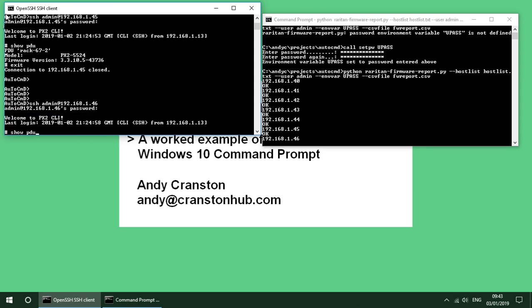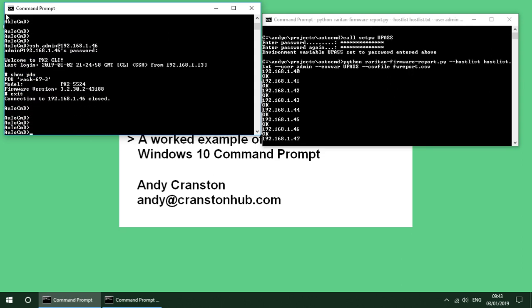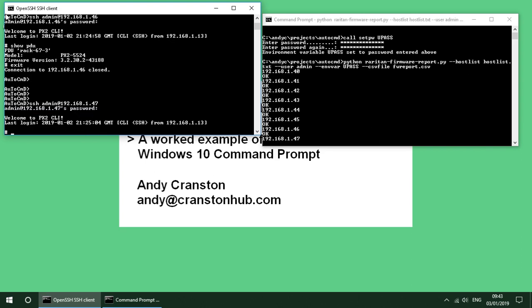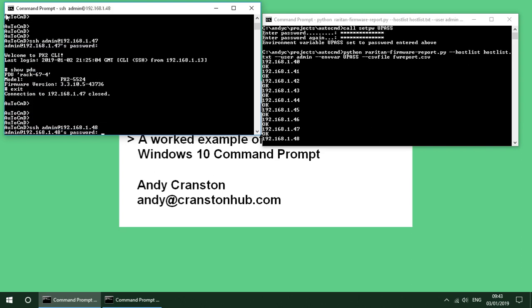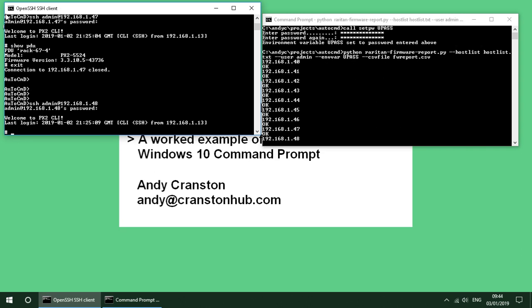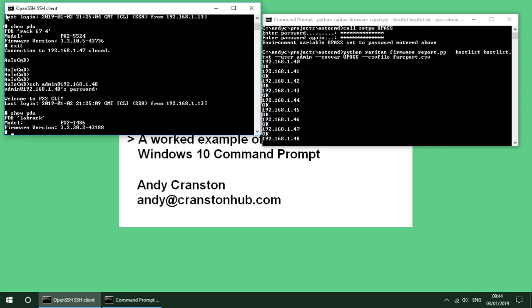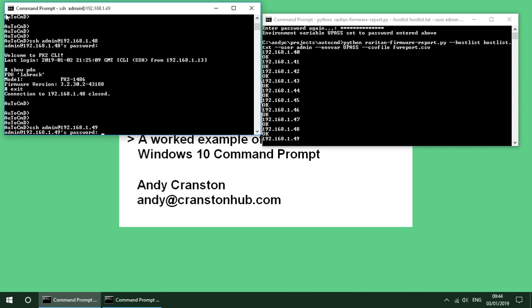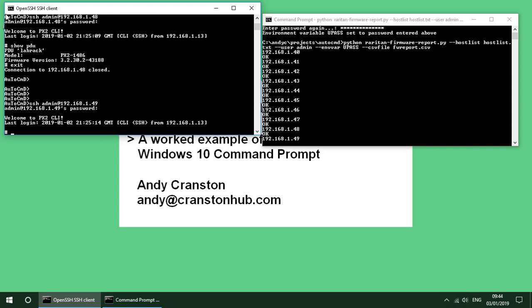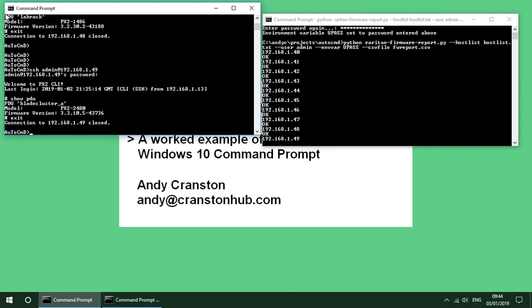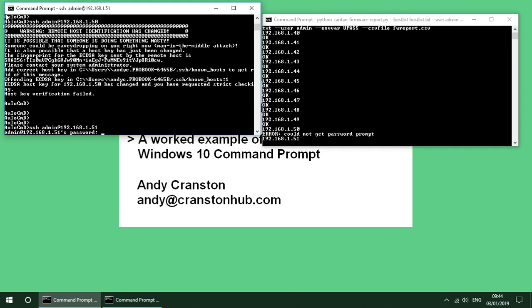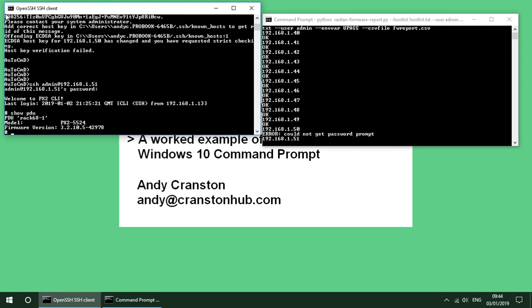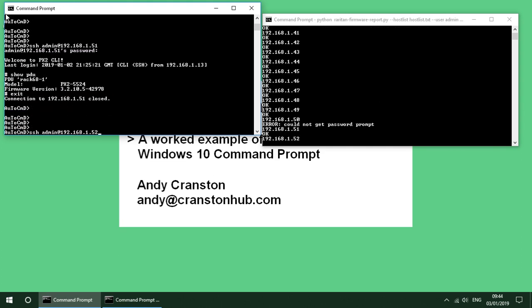Now we've got 20 of these to do, which gives me an opportunity to say, why is a firmware level report useful? Well, it's handy to know what level of firmware your devices are running, because if any of them are running an old version, then ideally you'd want to upgrade it to have it running a recent version, or even the most recent version. Why would you want to upgrade your firmware? Well, you might want to upgrade it because your vendor has identified that your current firmware has got a security vulnerability in it,